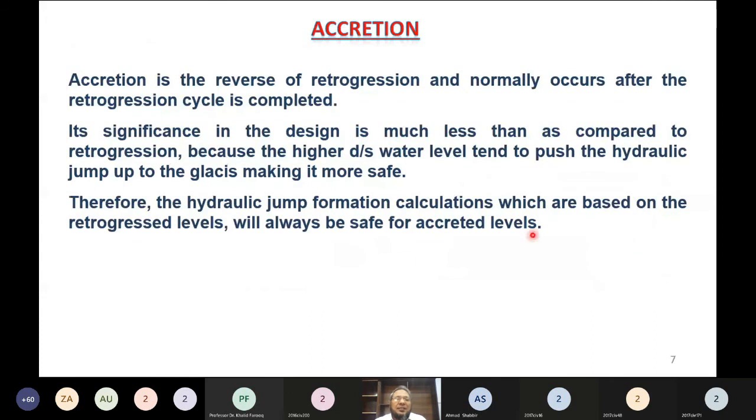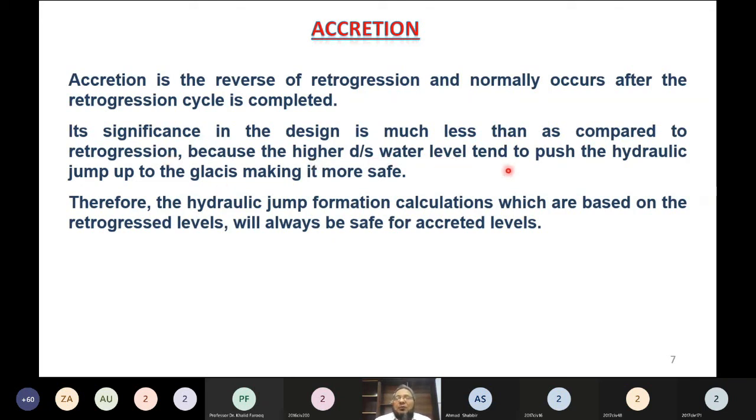Where were we? Accretion. So what is its significance? Its significance in the design is much less compared to retrogression. Retrogression is very important. Accreted levels are normal levels. They are not that important. If I have designed a barrage and it is safe on retrogressed levels, it is automatically safe on the accreted levels or on the normal level, because those are higher and the jump will move up. So there it is safe,